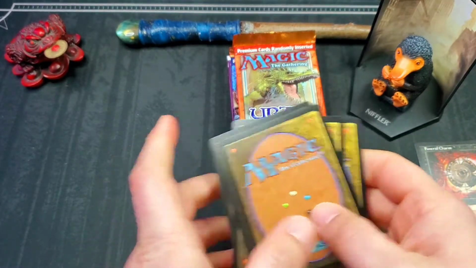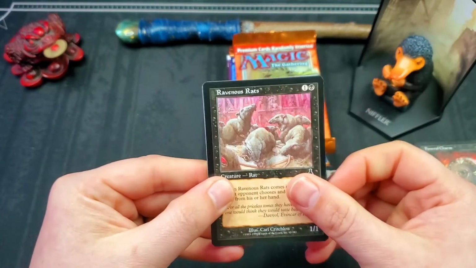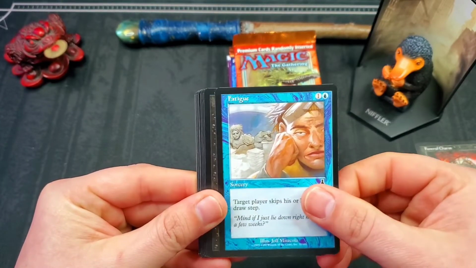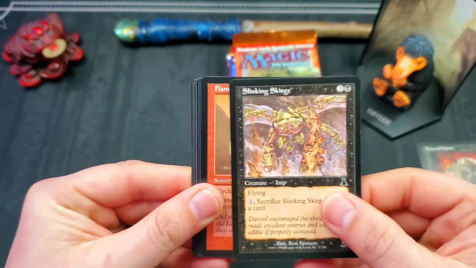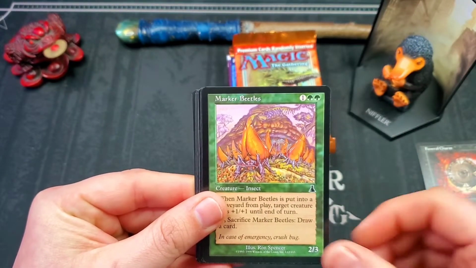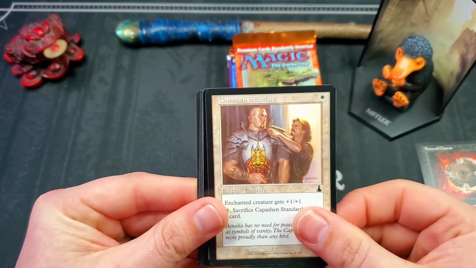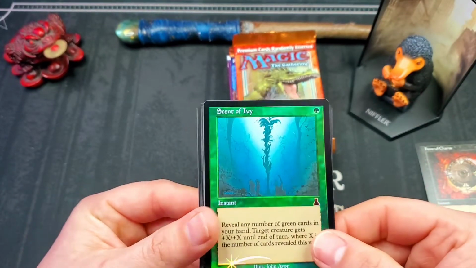rare. And then flip it over. We're starting off with some Ravenous Rats. Reliquary Monk. Fatigue. Slinking Skulk. He's crazy looking. Flame Jet. Marker Beetles. Skittering Horror. Capuchin Standard. We got a foil. Foil Scent of Ivy. Okay, well,